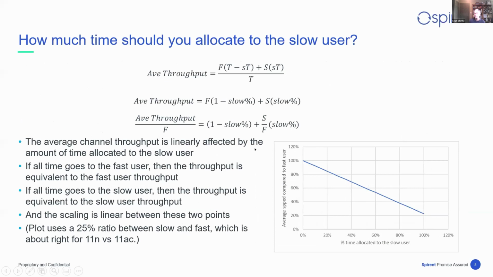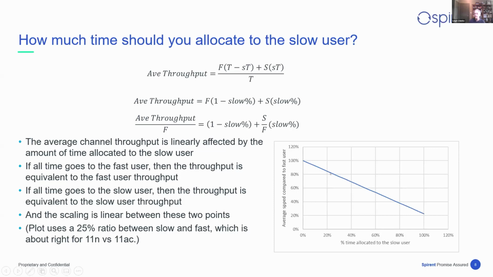And what you can see is that you end up with essentially a linear plot that tells you something you kind of already knew, which is if you give all the time to the fast users, then the throughput that you get will be the fast speed. If you give all the time to the slow users, then the throughput will be the slow speed.